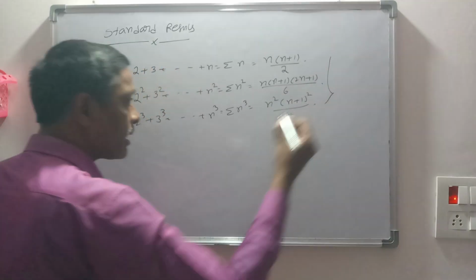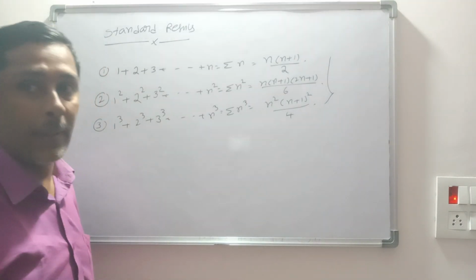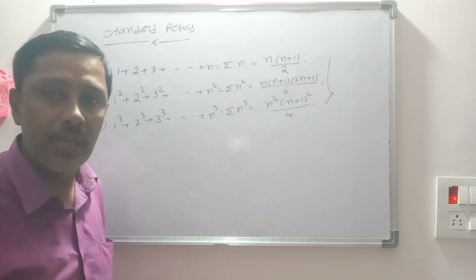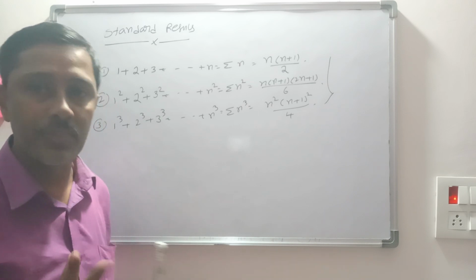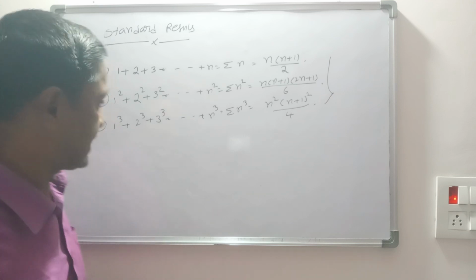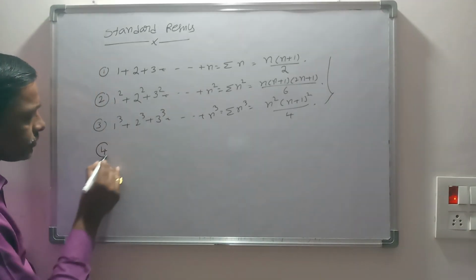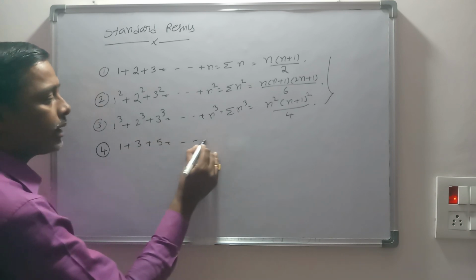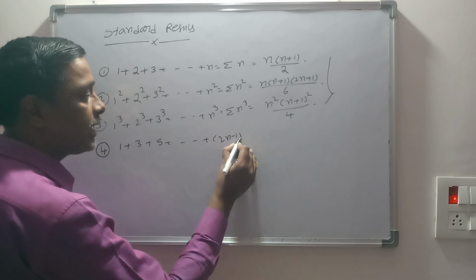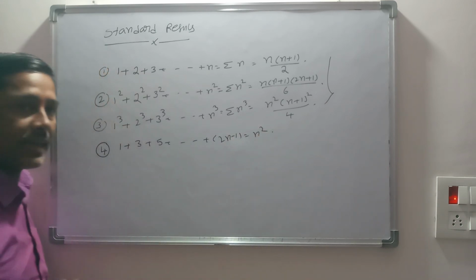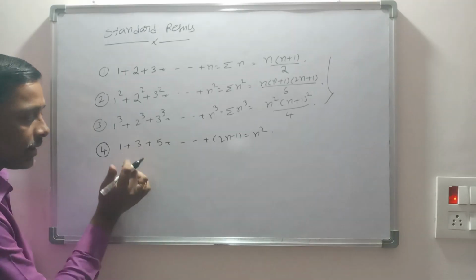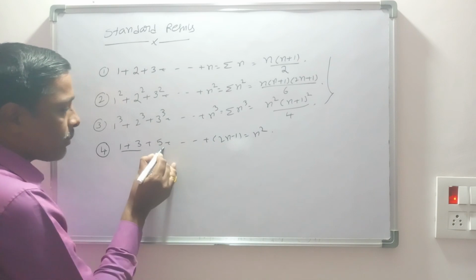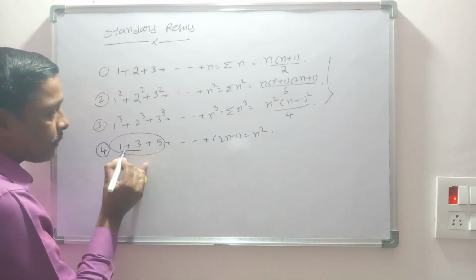These three formulas are used in mathematical induction in IPE, but the remaining standard formulas are not used in IPE, only in objective exams like JEE Mains or MSET. Most important useful tricks. Fourth one, sum of the odd terms 1 plus 3 plus 5 plus so on (2n minus 1) is equal to n square. We can write it directly as n square. Sum of two terms? 4, n is 2, 2 square is 4. Sum of three terms, 5 plus 3 plus 1 is 9.